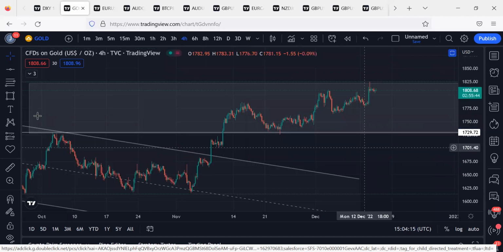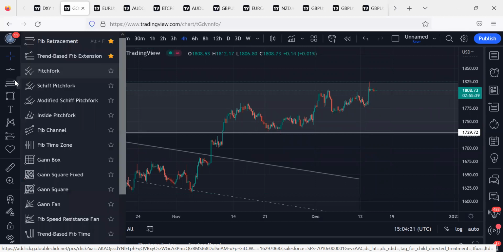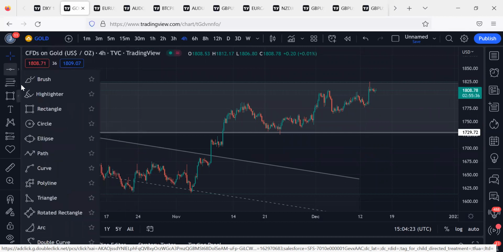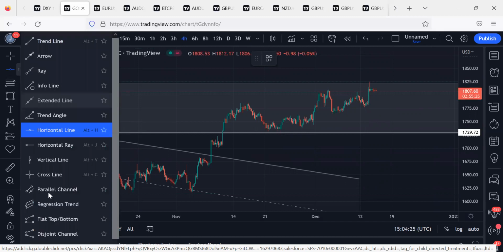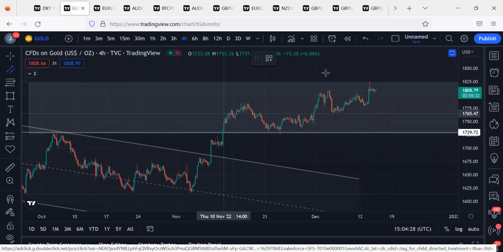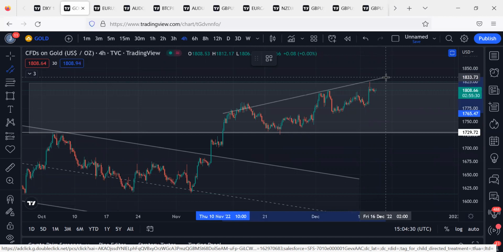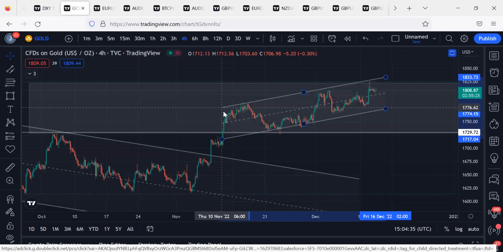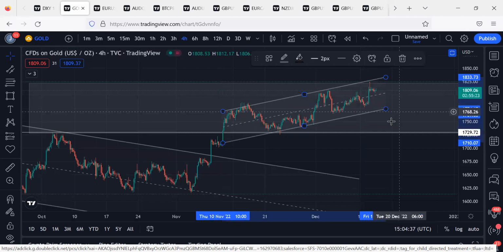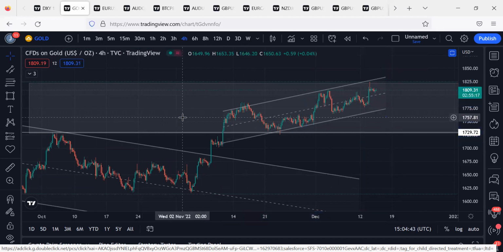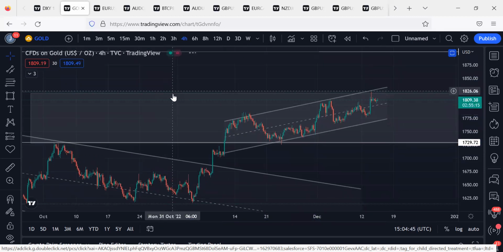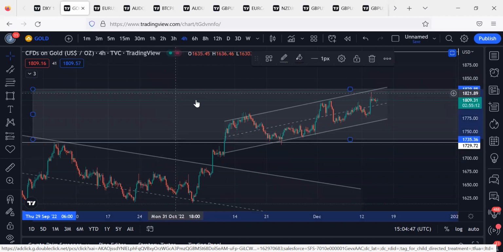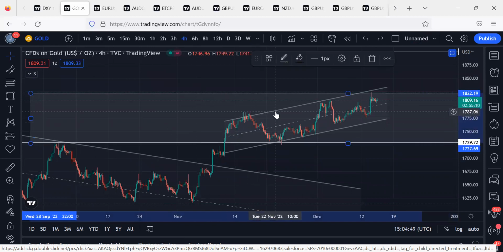What do we have? Now we have this ascending channel. I spotted an ascending channel again on the lower time frame. So if I can draw this, connect this, and draw it, you can see that we are having an ascending channel which has a possibility of breaking to the upside. That's a confluence number one, and we are trading in between this box. I guess you remember I told you we're trading in between this box. So I might not use my ascending channel.